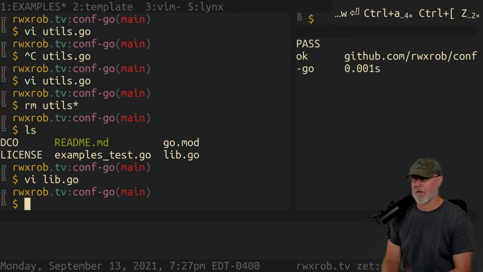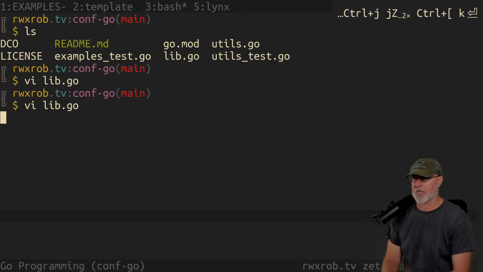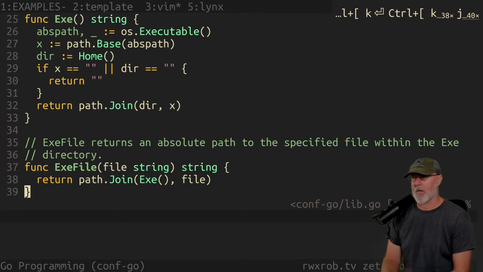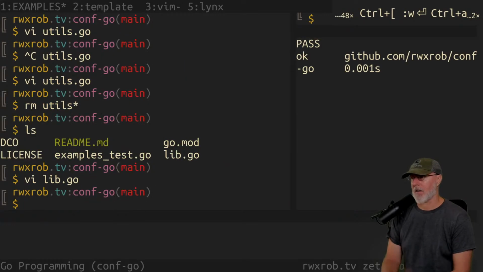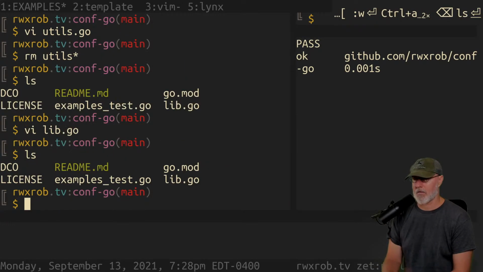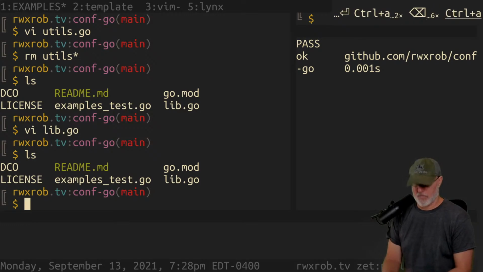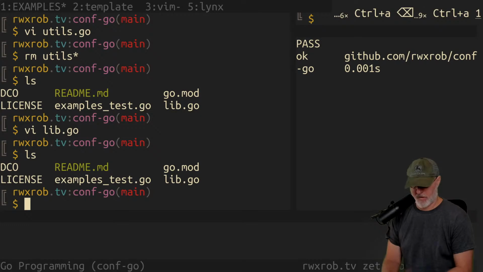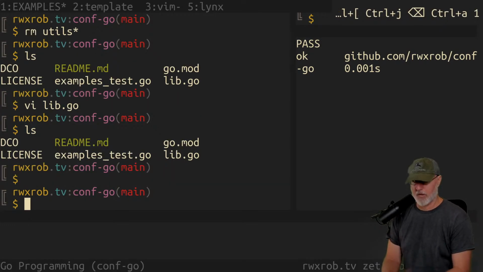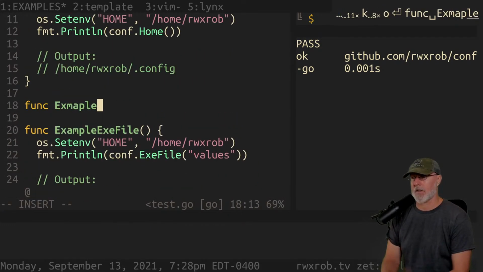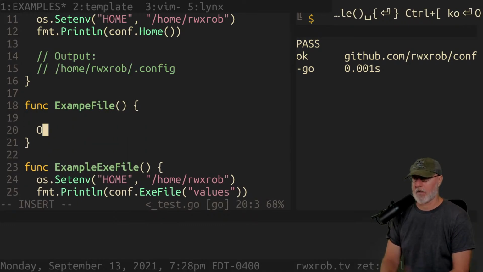Oh boy. Now I've got problems because I have this thing open. Yeah, that's fine. All right, so home exe path, and we're still passing all our tests, and we got rid of the useless util thing. We're good. Our examples are all good. We are missing an example though. We're still missing one example. We're missing a file, I think. Home a file, no, exe. All right. So func example has to be called example again. File, and then we need to output something.